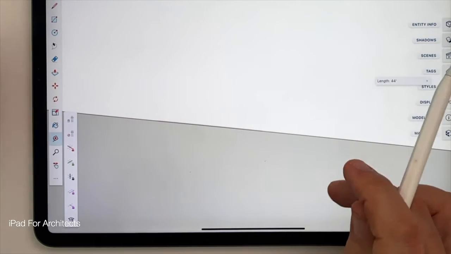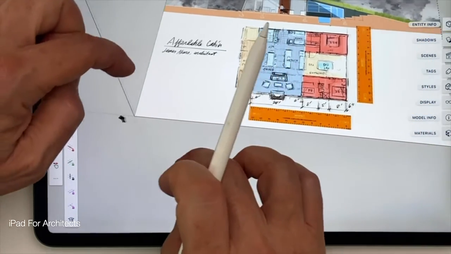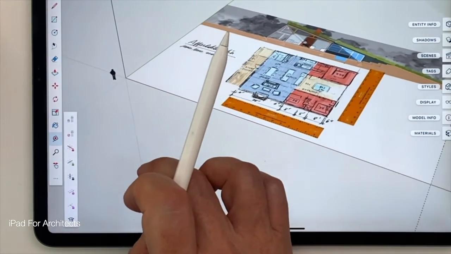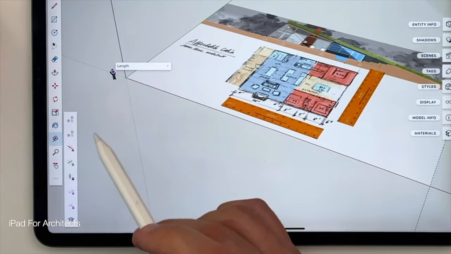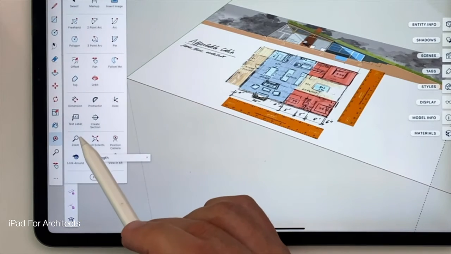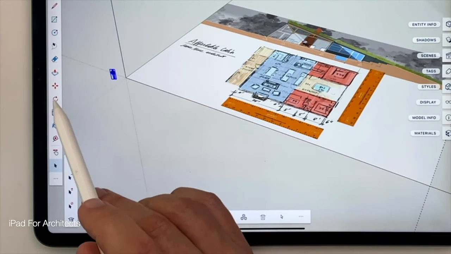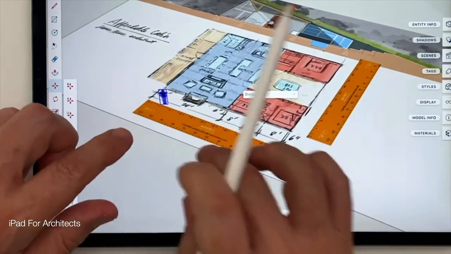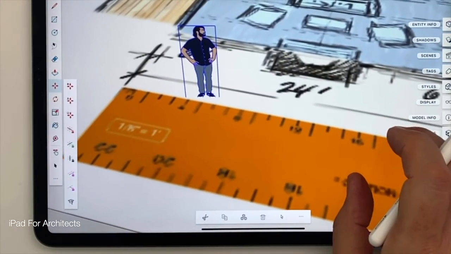And lo and behold, my entire 2D import has scaled up to the size that I have specified. And to prove that, let's just look at this scale figure that SketchUp adds. I'll use the select tool way up there. I'll tap on him and I will pull him over to the ruler. And when I zoom in, you can see he's about 5'6" to 6 foot high, but let's just to be sure,